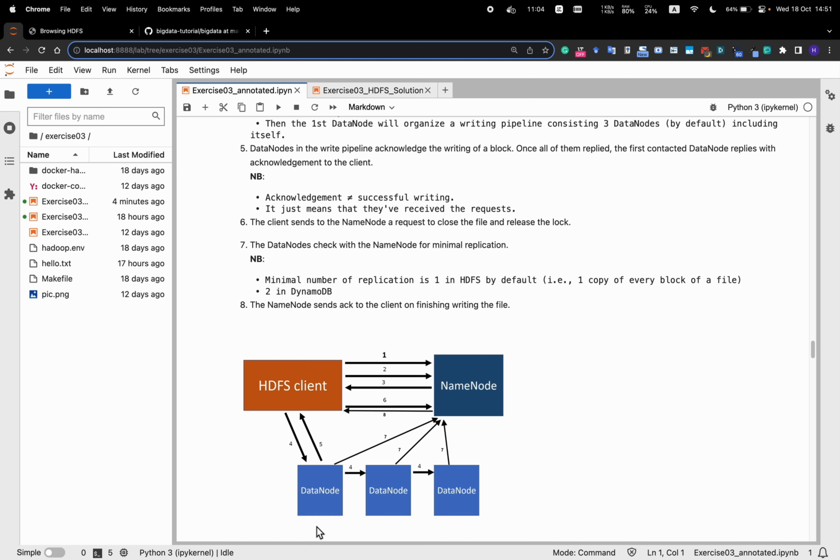How does it know when to update the name node? Like, how do you know that you successfully stored the last block of the file? Or do you update for every block? Right. So if I understood correctly, your question is, how can the name node know whether the final block has finished writing?